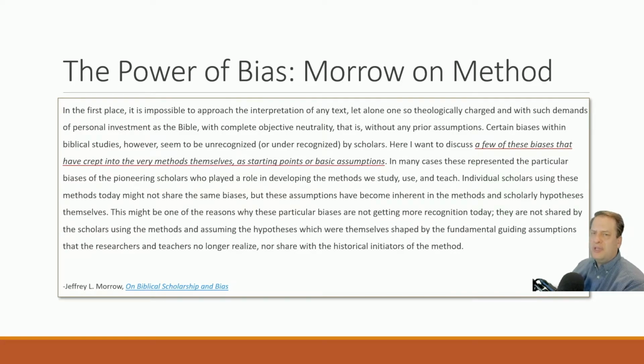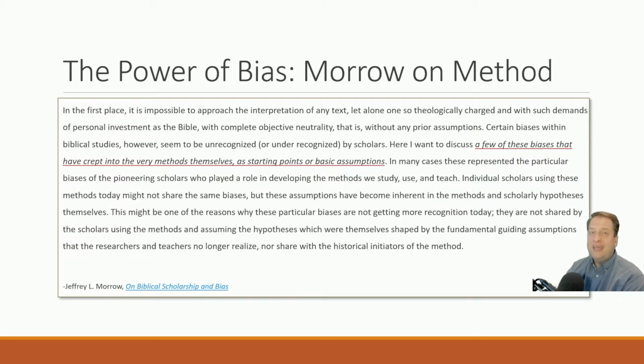This is interesting. Look at what he says here. A few of these biases that have crept into the very methods themselves as starting points or basic assumptions. That's incredibly important. A scholar may claim to be unbiased in a particular way. A scholar might, for example, say, oh, I'm not anti-Semitic, like some previous European scholars were, right? But what if those anti-Semitic European scholars infused the scholarly method with their anti-Semitic assumptions about the world, their anti-Semitic